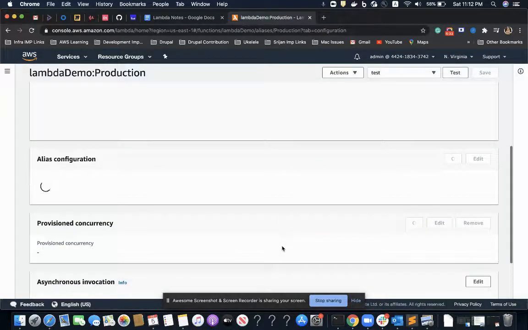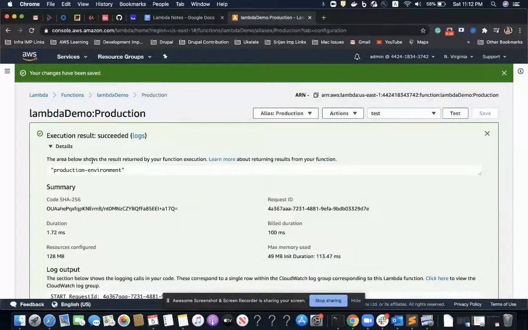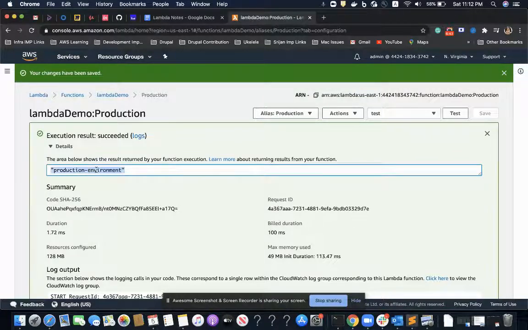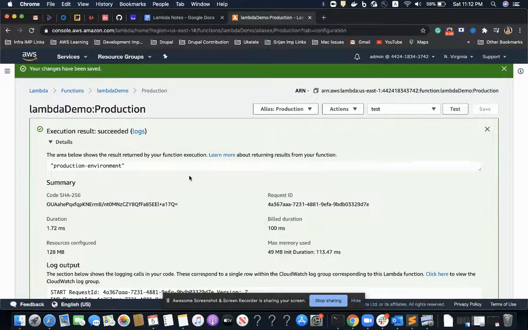So this alias is now reflecting the change I have made. That's how aliases and versions work in Lambda.